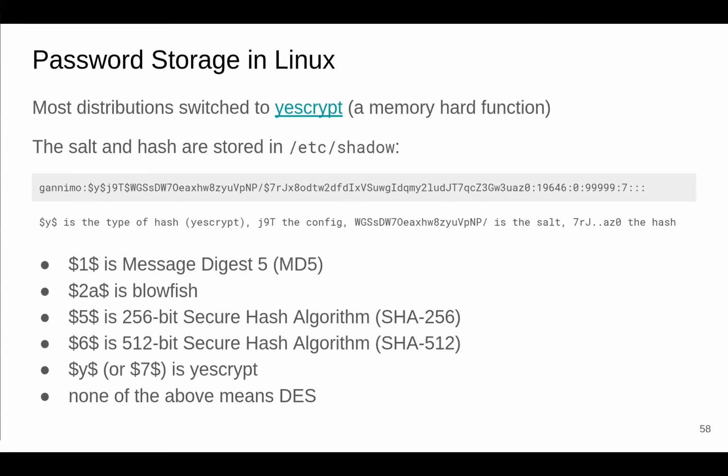So Linux uses two files, and we've seen the first file on Monday, /etc/passwd, and the second file, /etc/shadow. And /etc/shadow contains just username and hashes. /etc/passwd contains all the users. /etc/passwd is world readable. Now, back in the good old days, /etc/passwd contained username, ID, and the hash of the password. But when password hashing started to become a thing, the hashes were moved into shadow and hidden from all the users except for root.